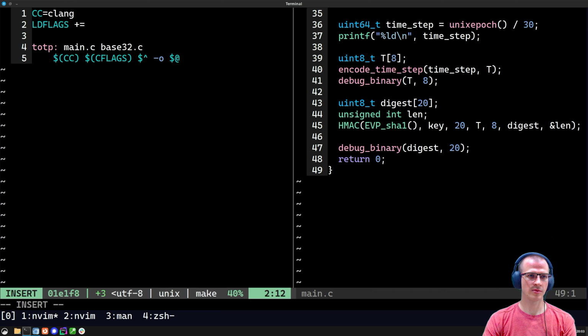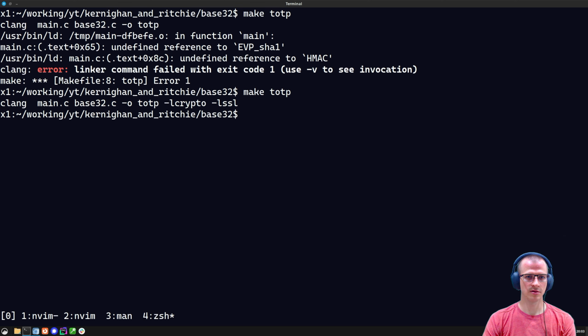And that's going to be -lcrypto -lssl, I think. And I'm going to pass this here and see if this works. Okay, so I added these lcrypto and lssl flags. If you're going to work on macOS, you're going to need many more flags, but this should be enough on